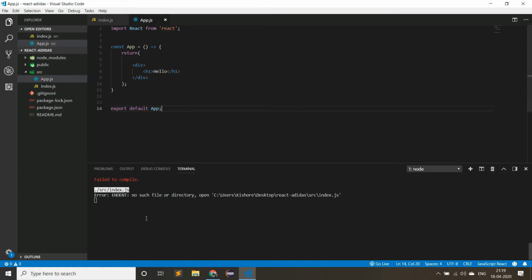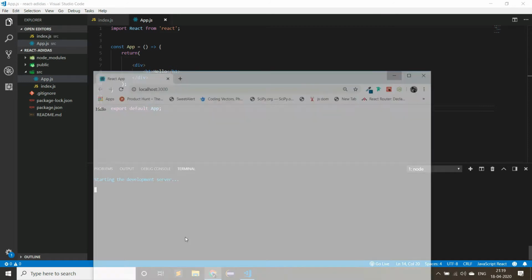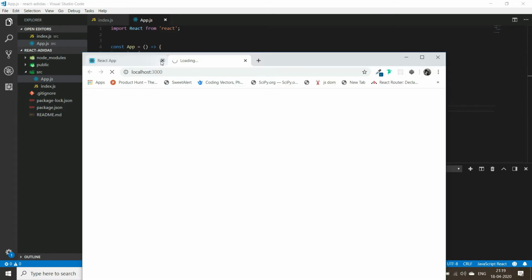Let us save the file and run the application once again, that is npm start. Close the previous file. Now you can see hello. So this is perfectly working.